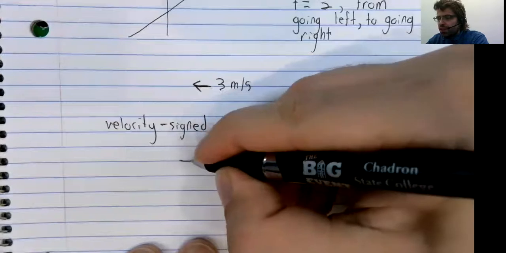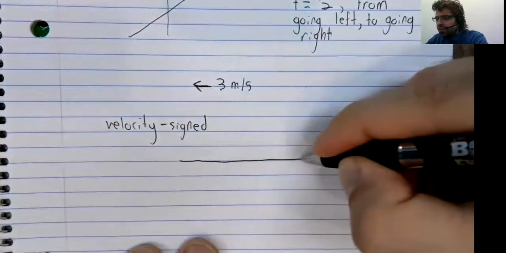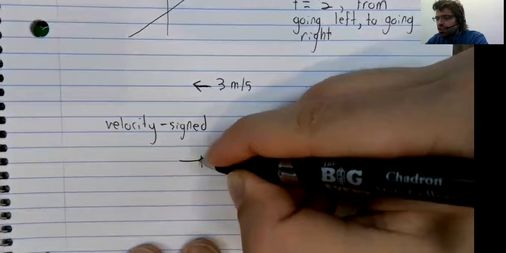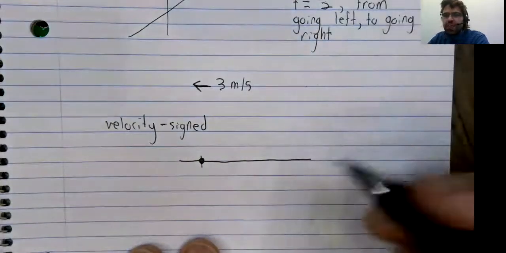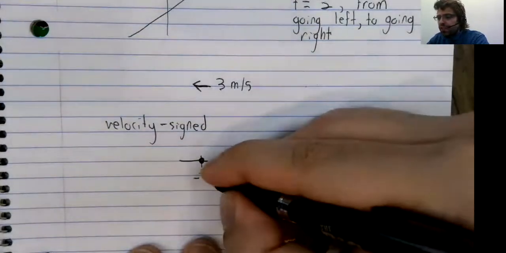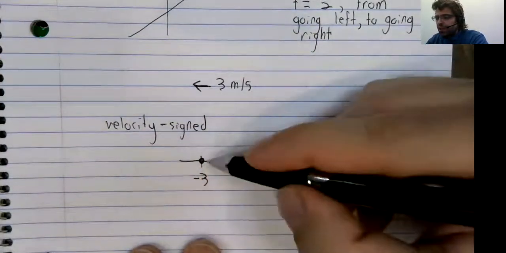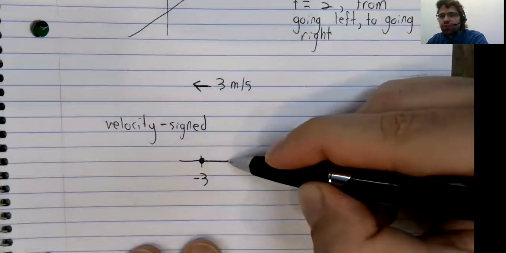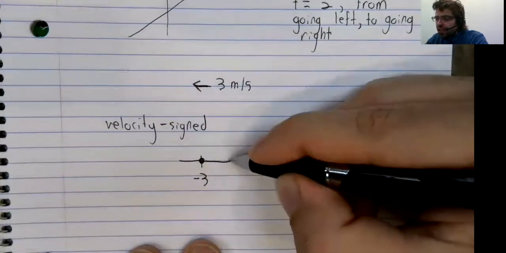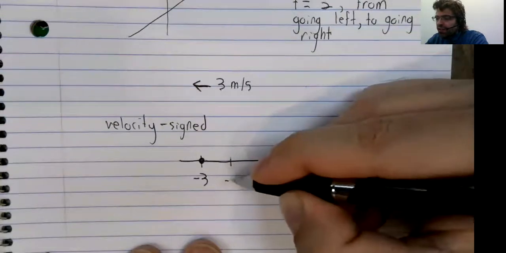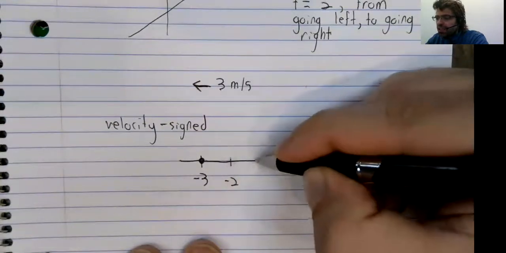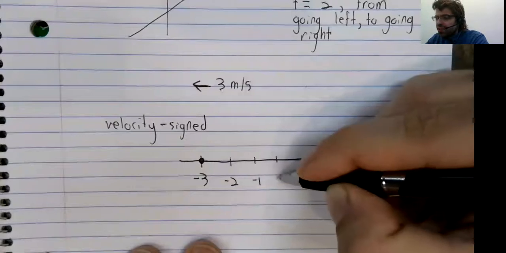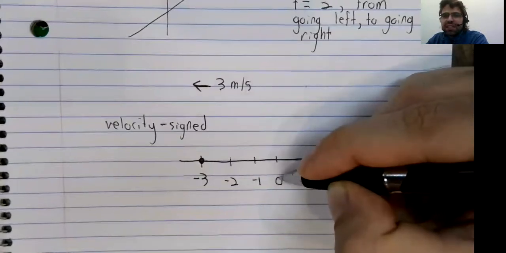So your velocity is initially -3, but it's increasing due to acceleration. As the object's velocity increases, its speed